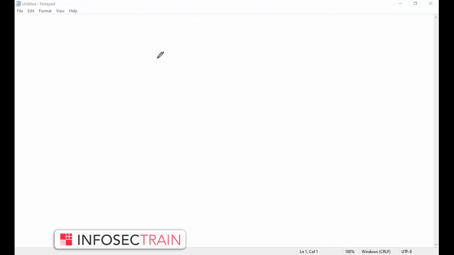See, for example, I have an instance. This is my server in EC2. I can see it as a web server. Okay, this is a web server. So last time we discussed the case of a DoS attack, right? So for example, assume that there is a DoS attack happening,